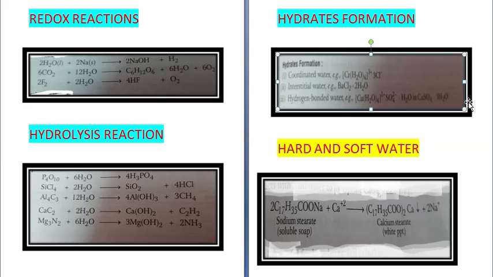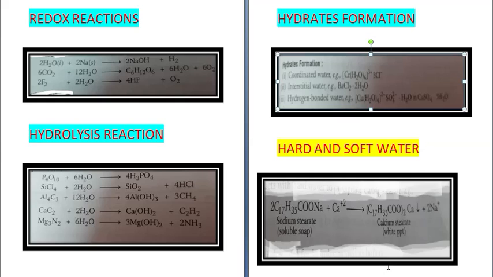So hard water forms scum or precipitate with soap, which contains sodium salt of higher fatty acids. The reaction is, see here, sodium stearate. This is the formula of soap, C17H35COONa. Two molecules of this react with Ca2+ to give you (C17H35COO)2Ca. This is calcium stearate, and sodium ions are released, 2Na+. So this calcium stearate forms a white precipitate, which is harmful for laundry as well